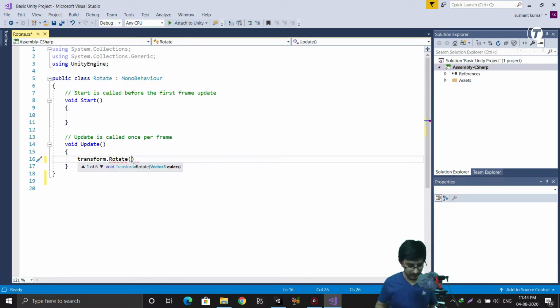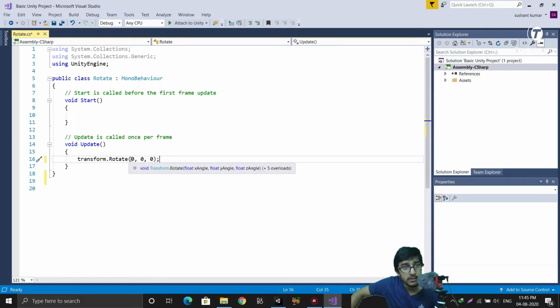Okay, so I am writing this simple code, transform dot rotate, and here I have to give the vector positions. Let's say 0 0 0 and a semicolon here. If you know about C# or any programming language, then these things will be more clear to you.